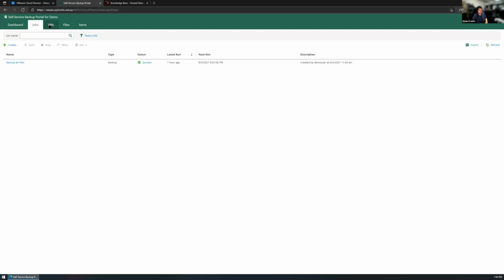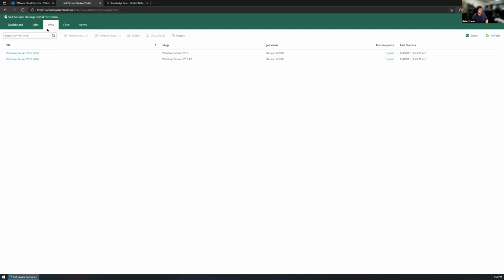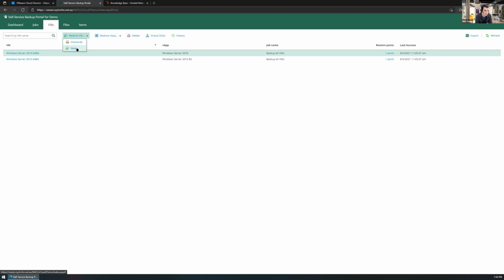Yep, and as I mentioned before, you can do restores directly out of here. So you can restore the VM directly back to vCloud, whether you decide to keep or overwrite. If you go keep, again, you need to make sure you've got enough storage, because it won't let you restore if it's going to exceed the storage quota. So if you've got a VM that's 100 gig and you've only got a 100 gig storage policy, and you want to keep that VM, you need to double that storage to 200 gig to restore that.